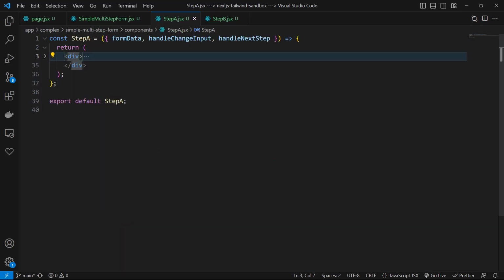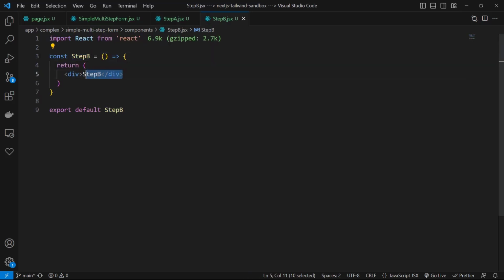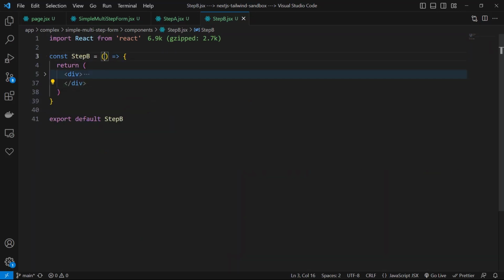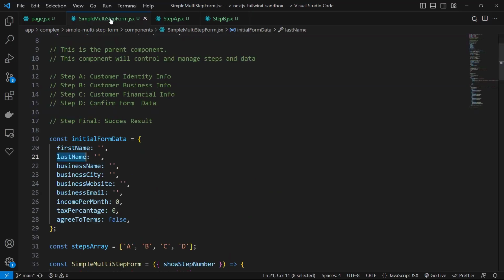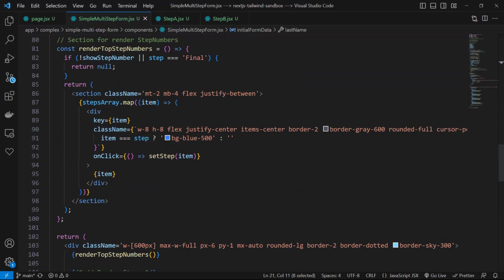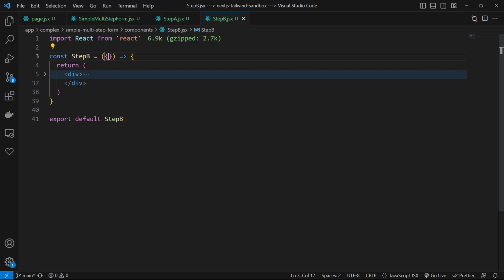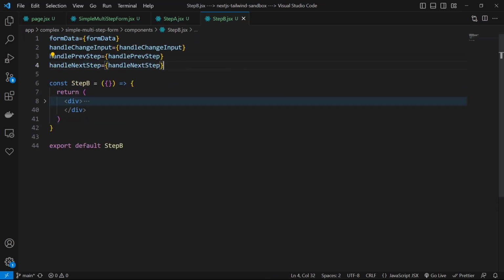So I will minimize this division inside of step A, okay, and I will copy all of them, and inside of step B I will paste them. Let's minimize them for now, and then we need to receive the props. So let's copy the props of step B, which is here. I'm copy pasting because I want to avoid typo errors. So let's copy all of them, and here we receive form data and handle change input and handle prev step,